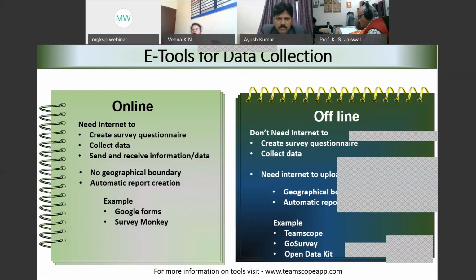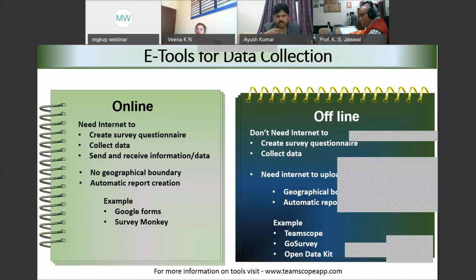And also another big advantage about online data collection tools, including Google Forms and Survey Monkeys and all of that, which you are very much aware of. Basic reports get generated automatically, and it is so dynamic that if there are new responses, keeping those new responses in mind, the reports get reorganized, right?